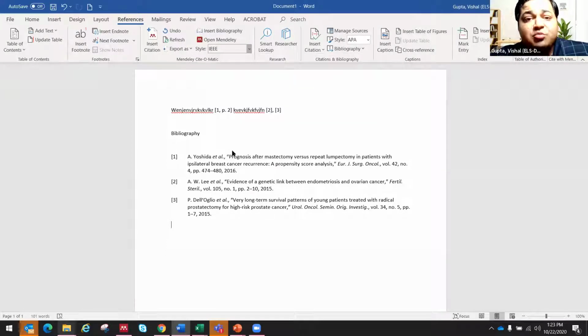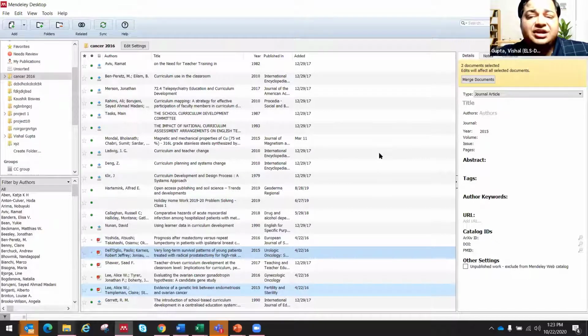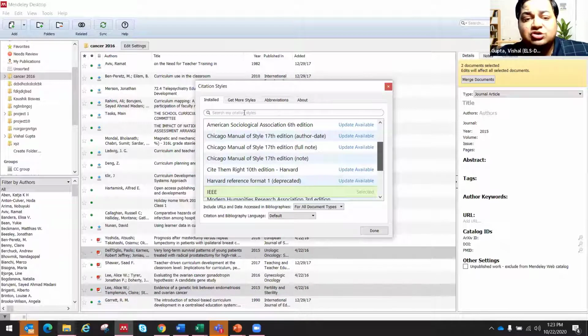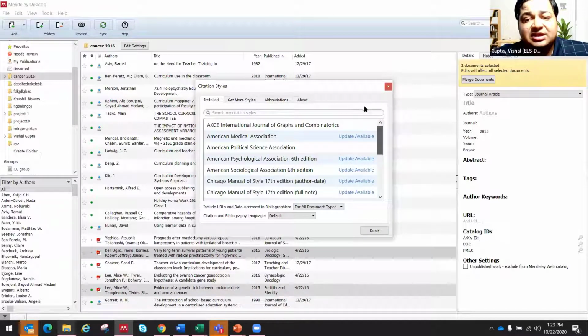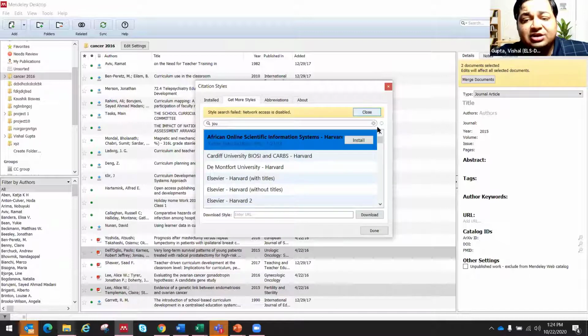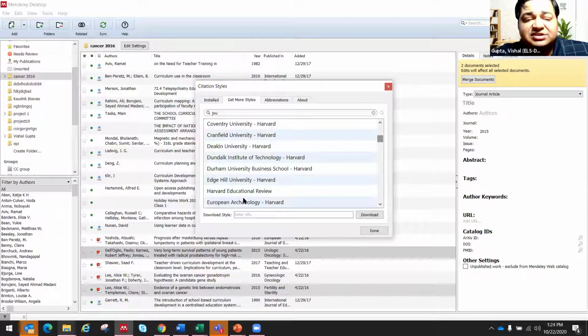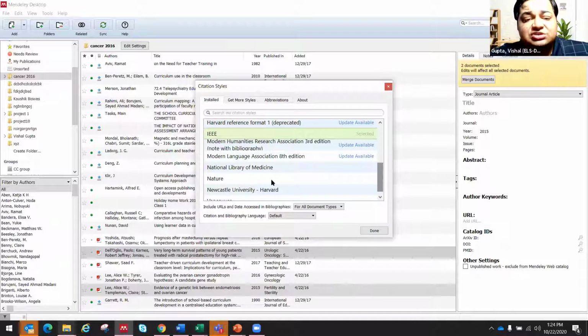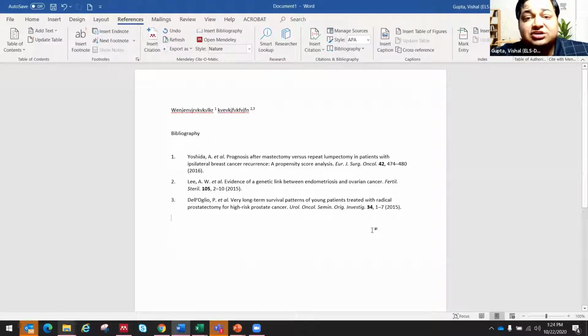So all you need to do is click on more styles. First, check under the installed list if the name of your citation style is available or not. If not available, go to get more styles and just start typing the name of the journal, and your journal will start appearing here. And then whichever style you want to use, you click here and you click on install. It will immediately come under the installed list, and from this list you can choose that particular style and say use this style, and done. And see, the entire thing now turns to Nature. So similarly, you can play around with this platform and change your citation styles anywhere.